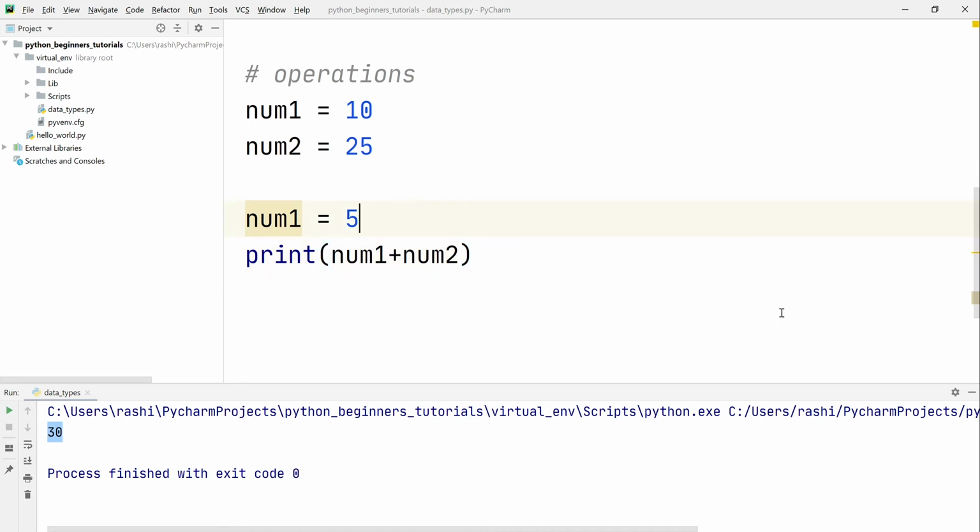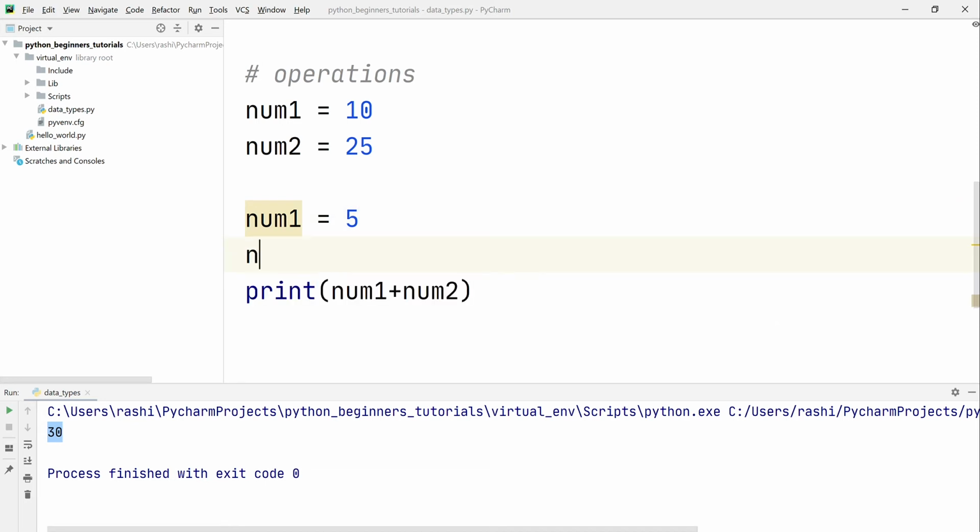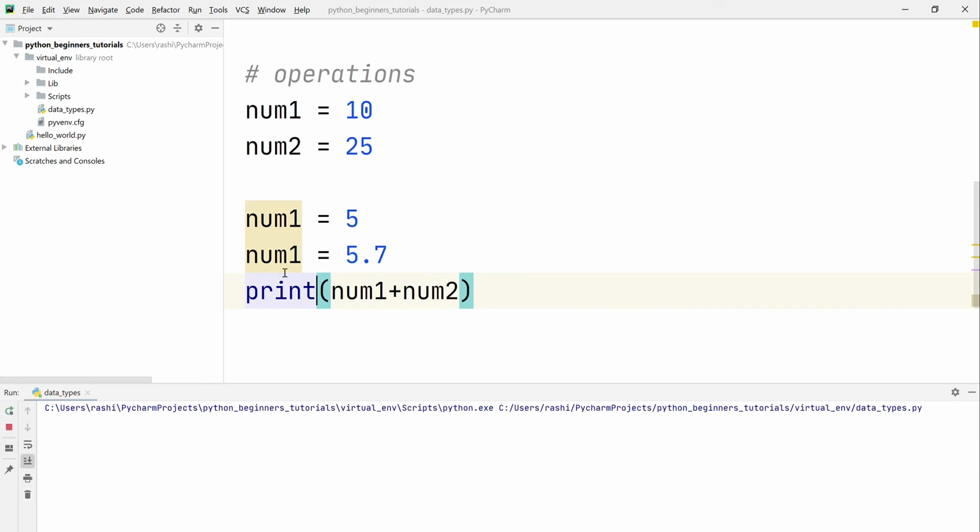Let's say instead of providing 5, I say num1 is equal to 5.7. So I have assigned a float value to this variable. The previous value will be lost and the new value will be 5.7, and the type of this variable will be changed from int to float. If I perform this operation again, you will see that we have got a floating number